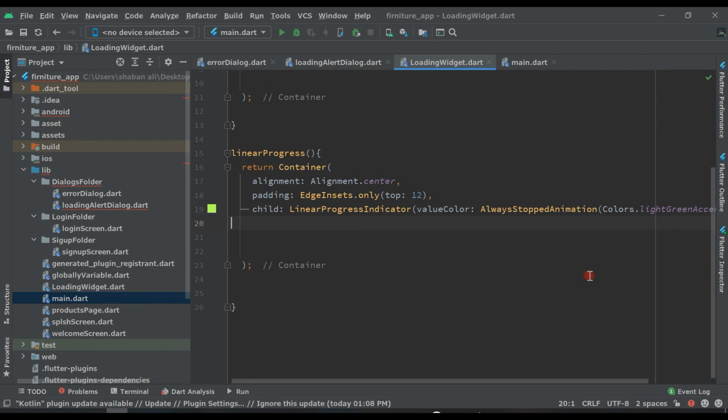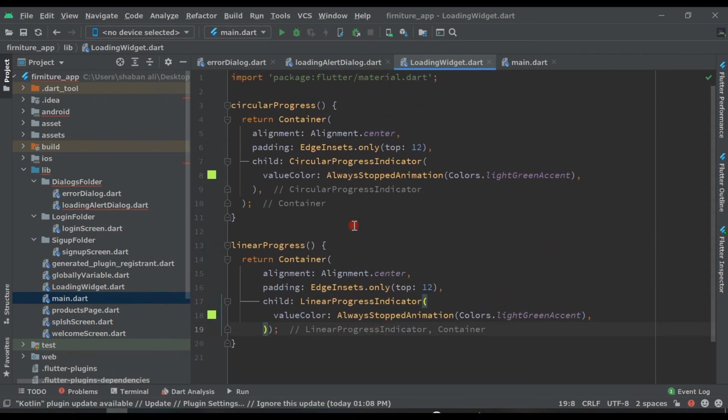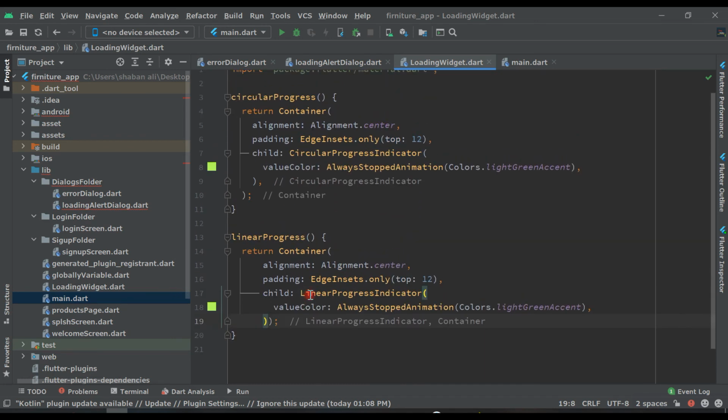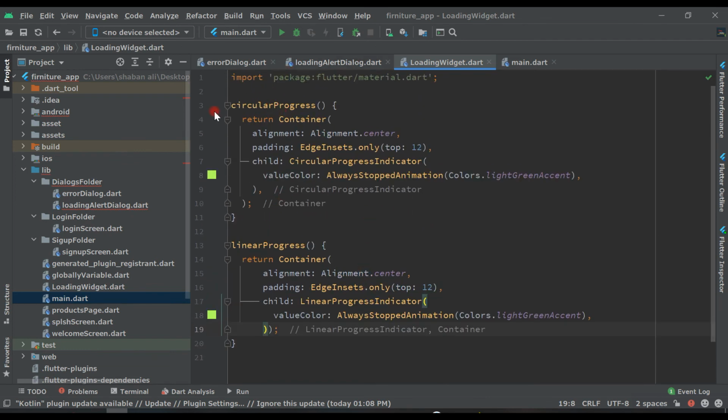That's all. Press Ctrl Alt L so all the code is formatted like this. So we have created our two functions, one for the circular progress and one for the linear progress.